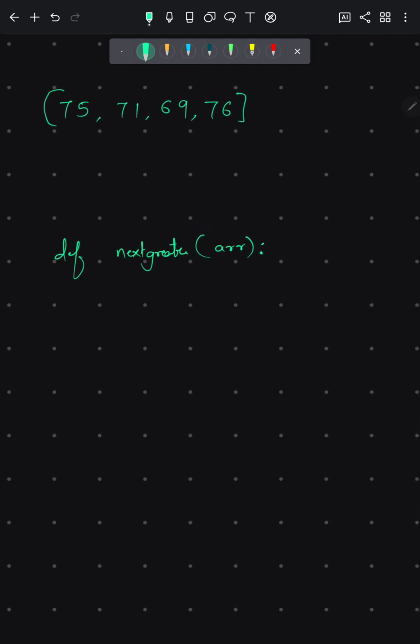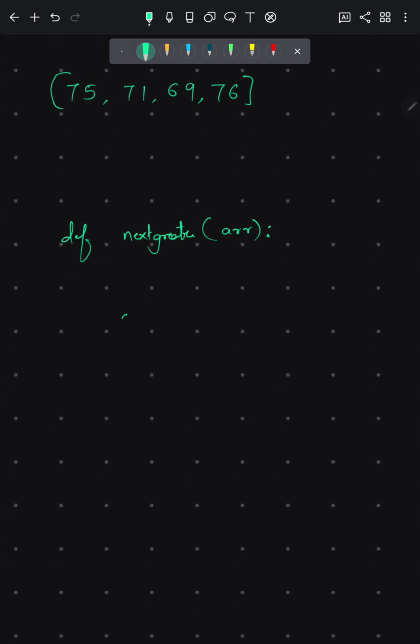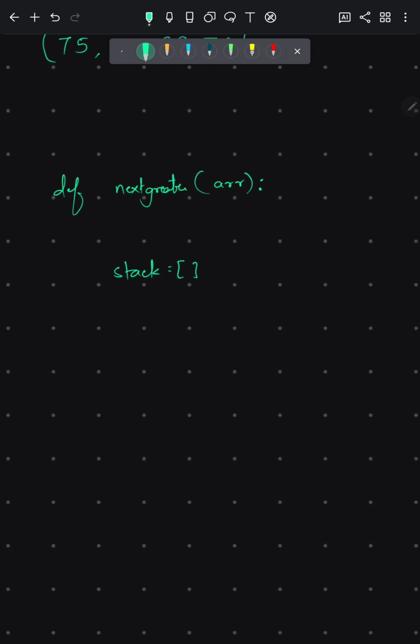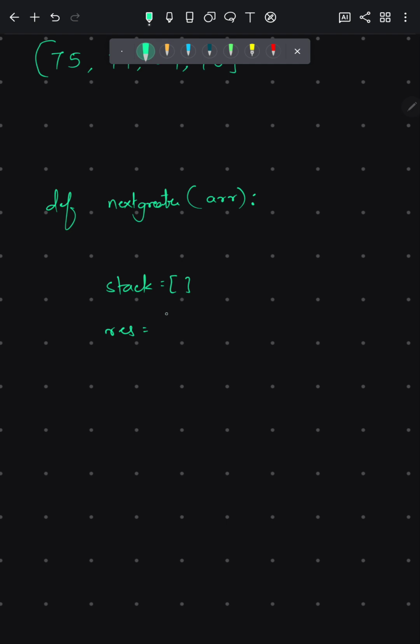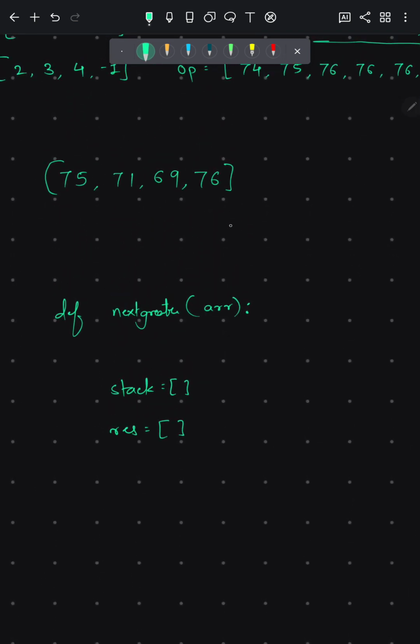So we are just defining our stack as we need, right? One stack we need. What else do we need? We need a result array. As you know, we are iterating from the reverse, and we are going to assign result of 3, result of 2 should be 76.